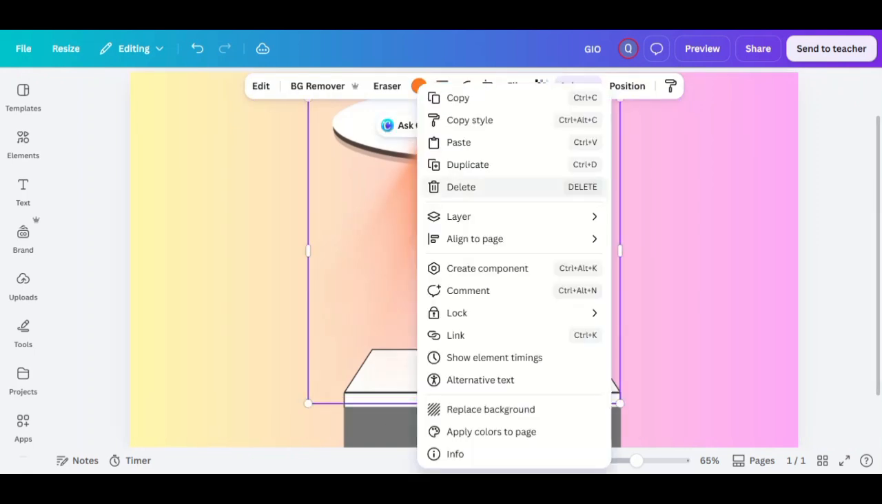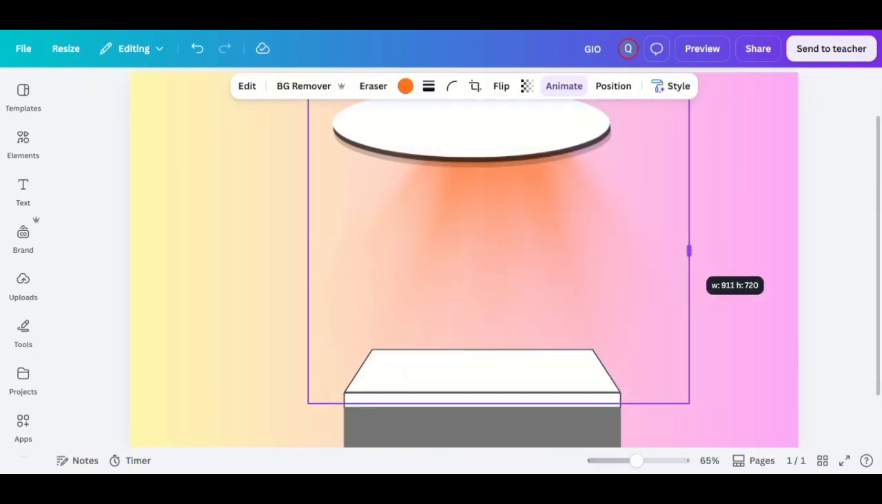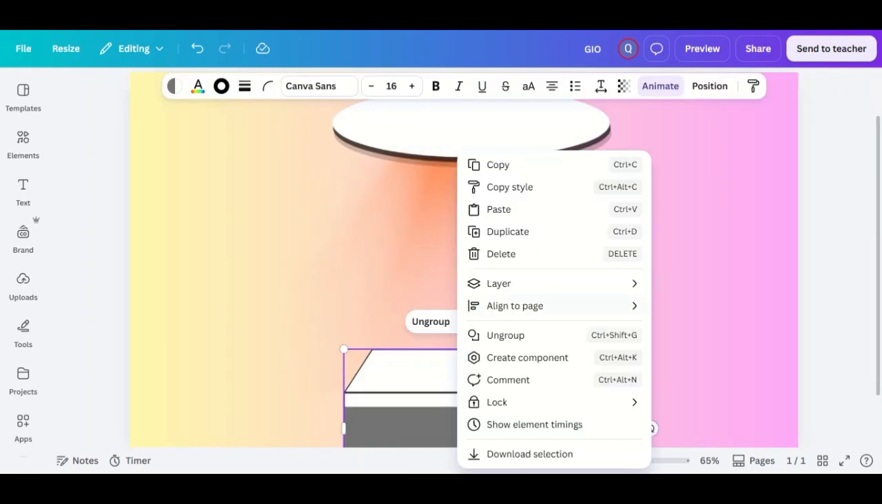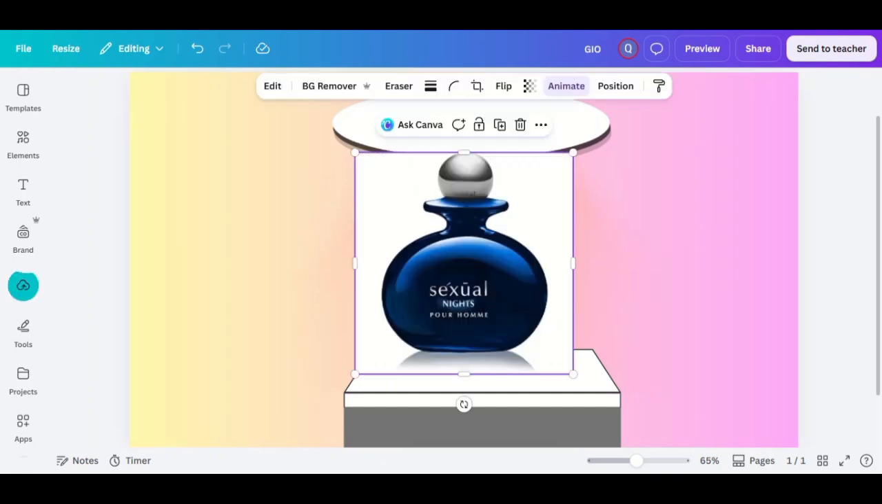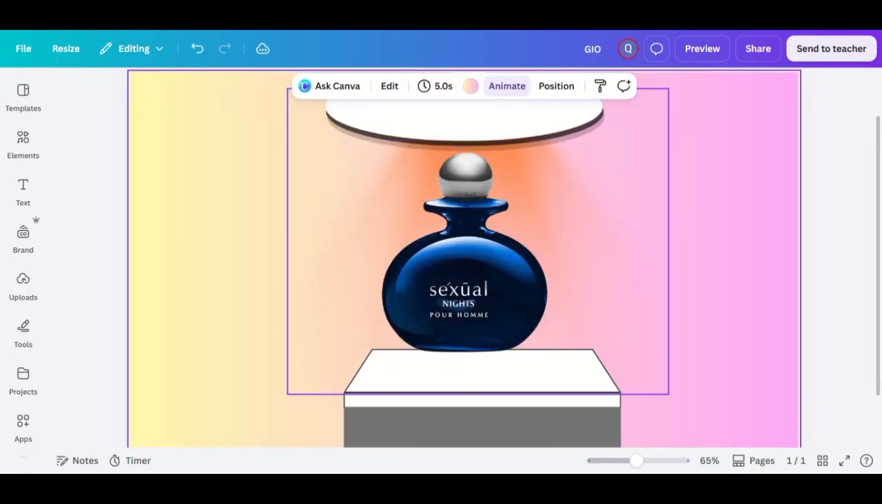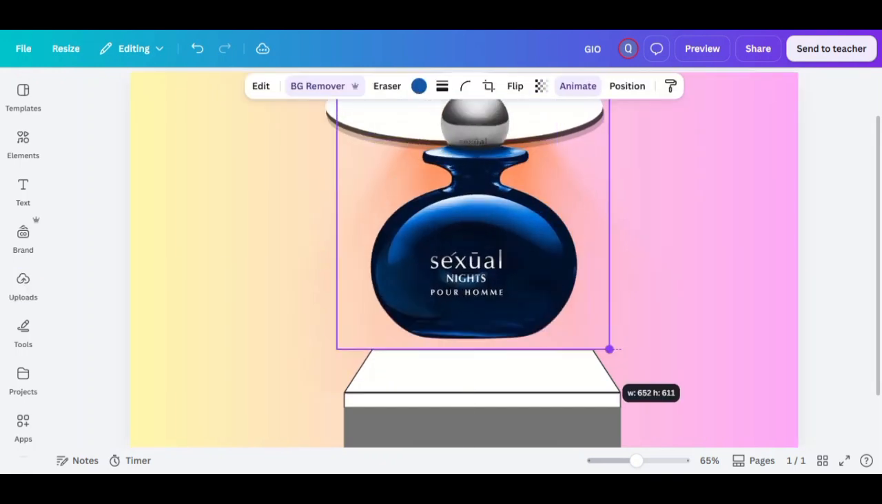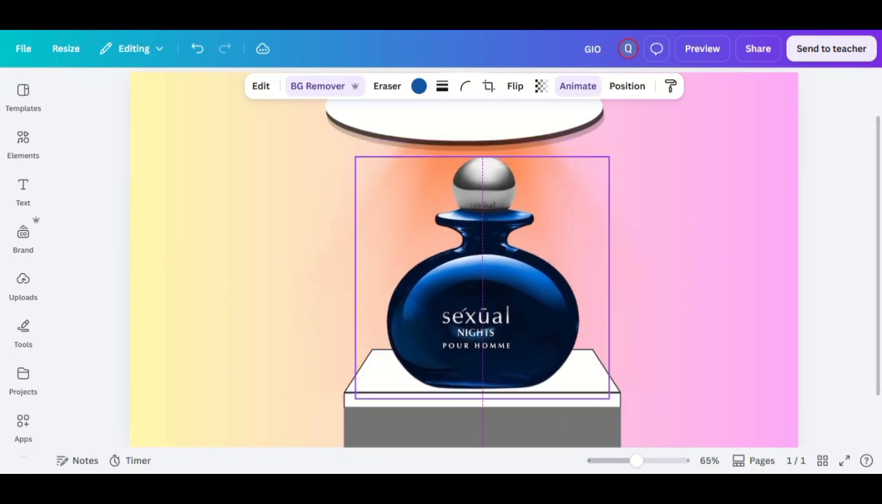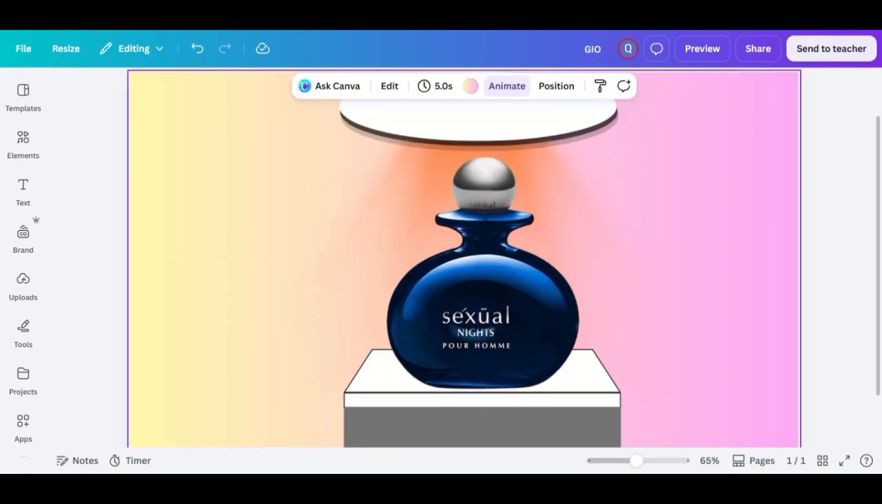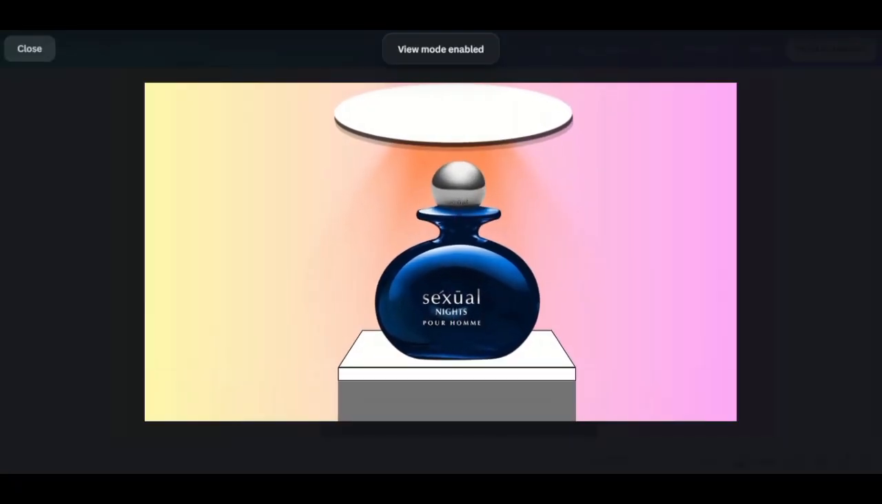Resize the shapes, adjust their transparency, and layer them carefully to create subtle depth. Upload your product image and position it above the background shapes so it immediately becomes the focal point. Add a bold headline, product description, pricing, and a strong